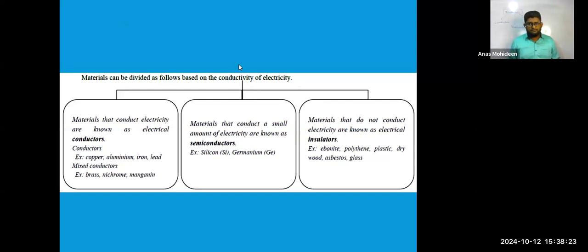Something like brass, pittala, we see brass. Brass is the combination of copper and zinc. And nichrome, manganese are also some examples. So these mixed conductors and the examples given can conduct electricity very well. So why can they conduct electricity well? That is the point. Now, when you come to these metals,